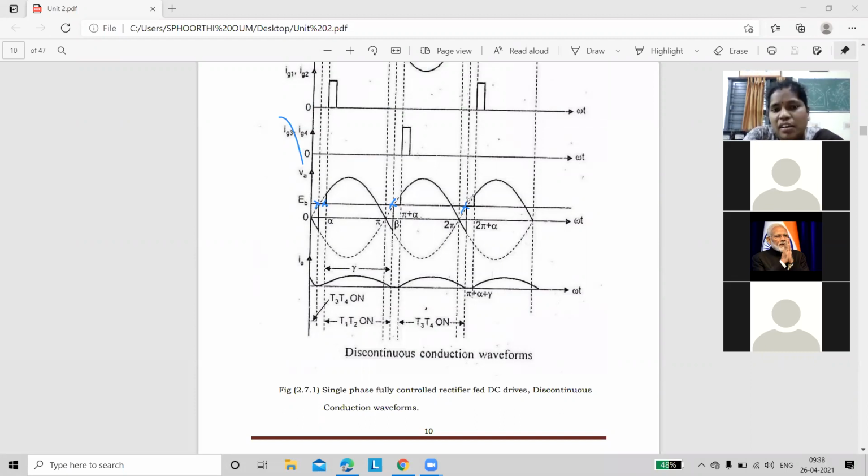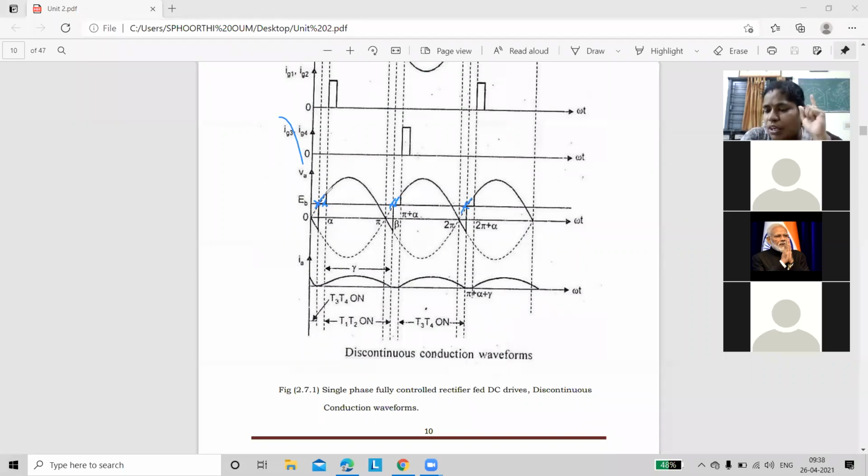Is it clear to you or not? That means our firing angle is going to be decreased to 20 degrees or 10 degrees from 30. That is nothing but equal to the extinction angle. So I am decreasing further, then you will get the waveform from this instant only. Now you will get continuous waveforms or discontinuous waveforms? Continuous waveform, madam.